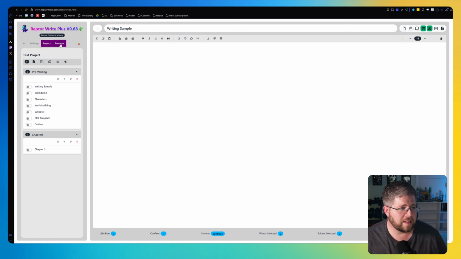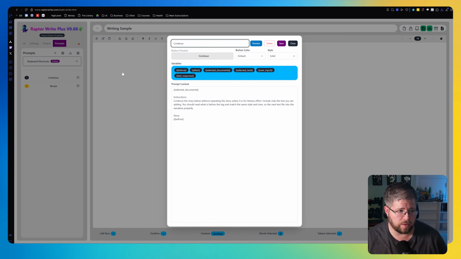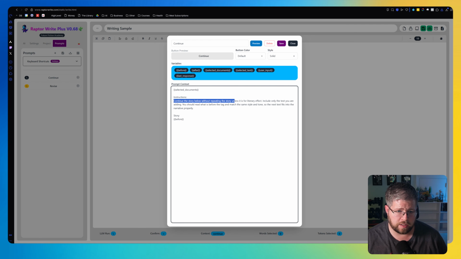All right, last but not least, let's take a look at prompts. By default, it has 2 prompts here, the continue and the revise prompt. And you can actually click on these and see what they have. So the continue prompt goes something like this. Continue the story below without repeating the story unless it is for literary effect. Include only the text you are adding. You should read what is before the tag and match the same style and tone so the next text fits